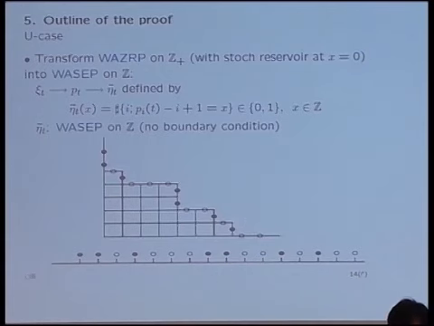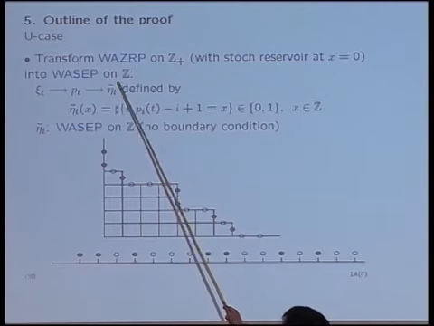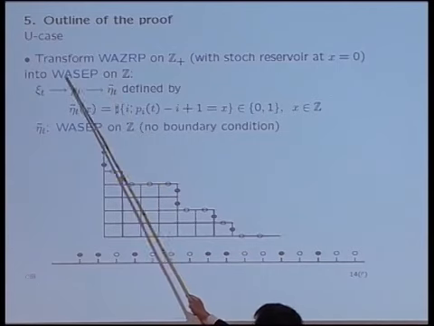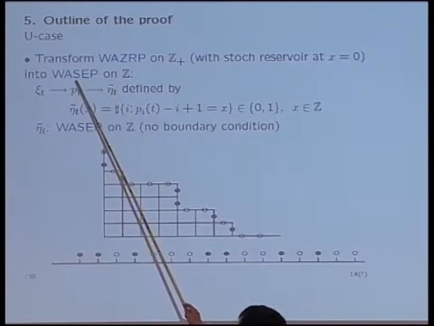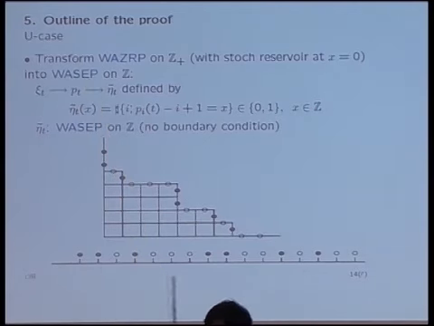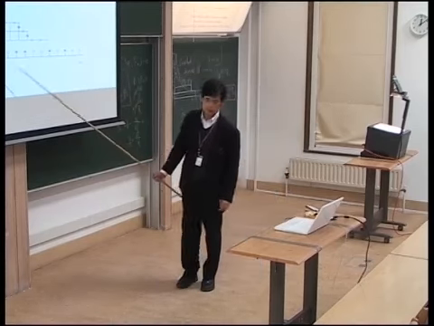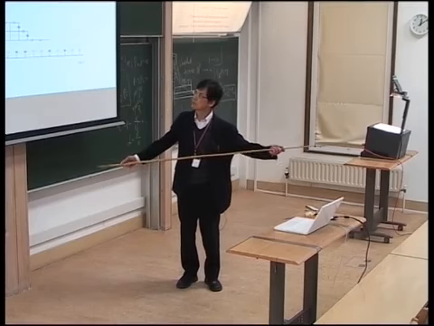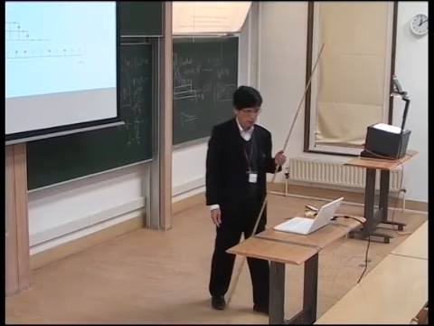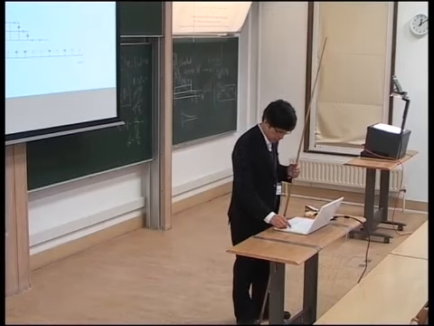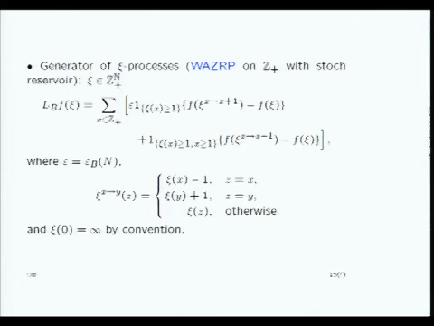Then you can transform the so-called zero range, weakly asymmetric zero range process into weakly asymmetric simple exclusion. Exclusion means only 1 particle can occupy each site. So it's slightly easier to study exclusion processes rather than the zero range process. Then, in fact, for the zero range, exclusion processes, maybe I don't have enough time to explain. So I just write the generator more precisely for the zero range process, but maybe I just keep it.